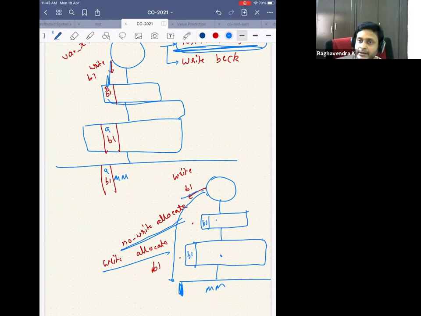Now, why do I pick a write-through policy when compared to a write-back policy? The answer is much deeper than what we can expect here. So as and when I talk about coherence messages, I will bring this policy back and see which one is advantageous for a multi-core processor.